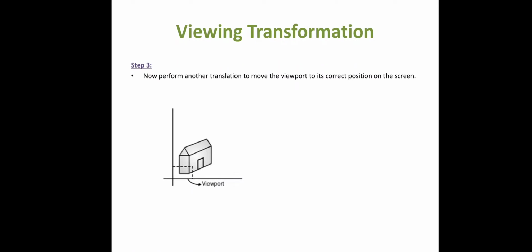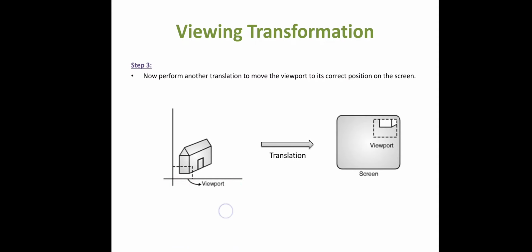And the third step is that we again perform a translation, meaning we put that object back onto its original position, wherever it was at the first time. So we shift, that is, translate, that particular object to its correct position. So this is the image obtained by applying the transformation from window to viewport. Now I am going to display that viewport onto the actual part of the screen where I want to display it. These are the parts which are visible inside this window, and I am going to map them on the screen in the form of a viewport.